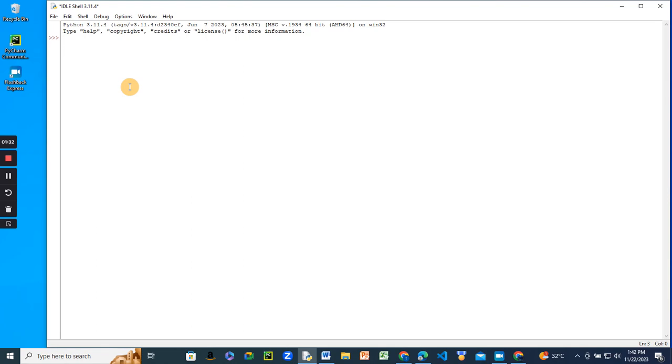Now there is one important guide here. The meaning of an operator may change based on the data types of the values next to it. Don't forget that our operators are exponent, modulus, integer division, multiplication, subtraction, and what? Addition. But the meaning of all these operators may change based on the data types of the values next to it. For example,